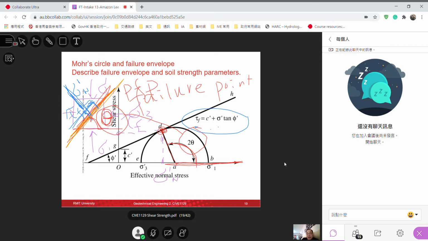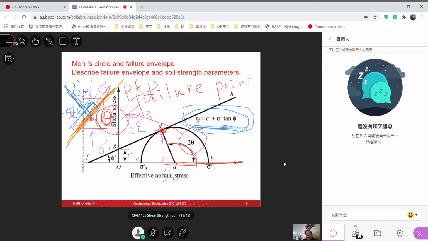Okay, so this is what we mean by this equation. Okay, so this is Mohr-Coulomb failure criteria saying that if we want to tell under what shear stress your soil will fail, under what shear stress your soil is safe, the relationship can be simplified by this equation,